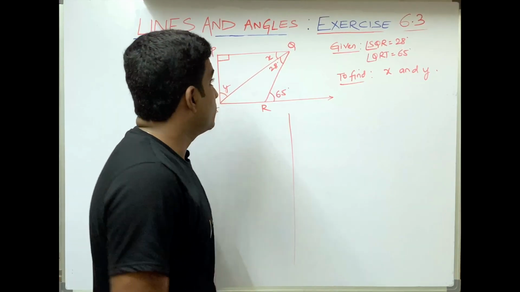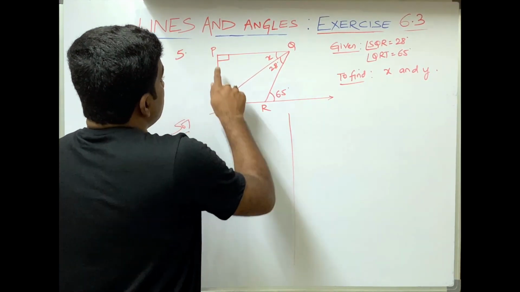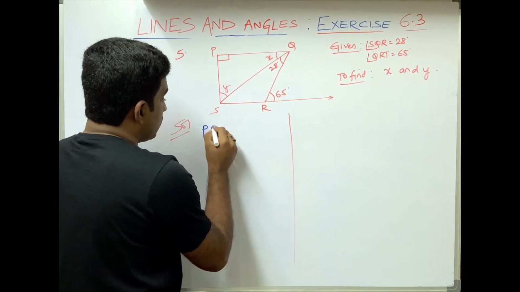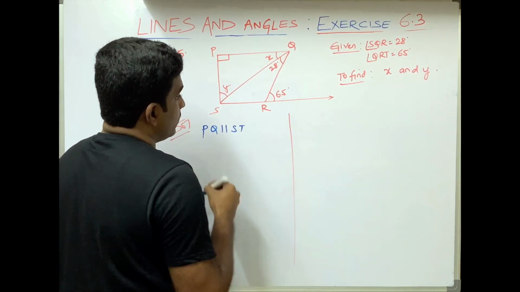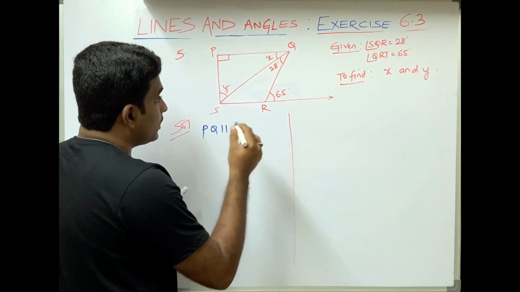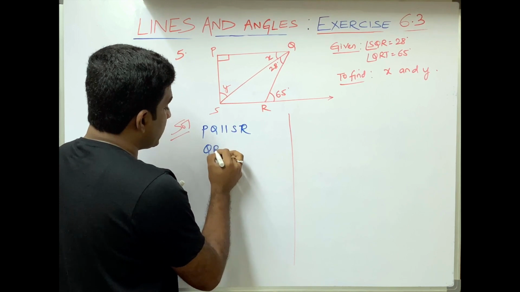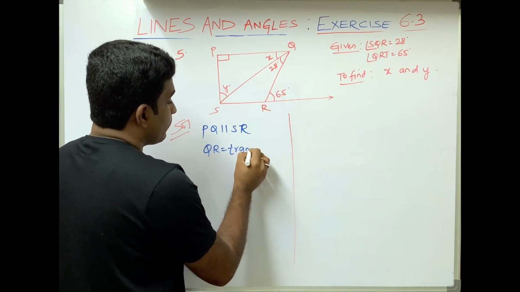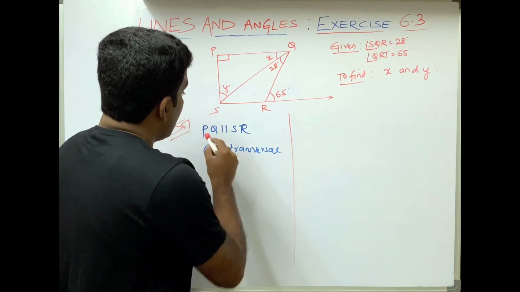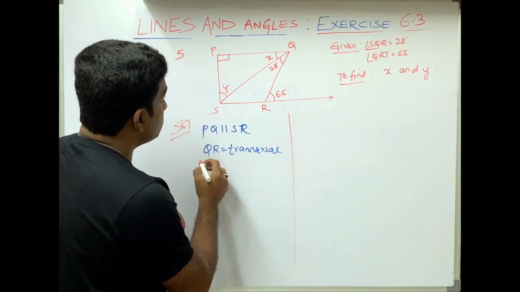The next problem is PQ is parallel to SR. They gave in the question as PQ is parallel to SR. When PQ is parallel to SR, then QR will be a transversal. Clear? As PQ is parallel to SR, then angle